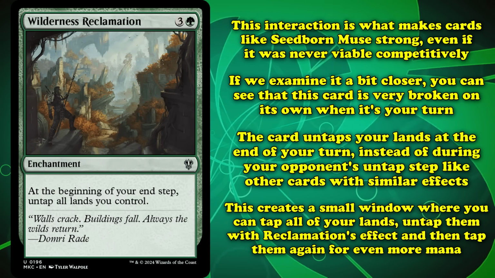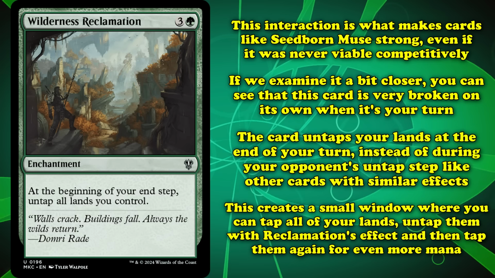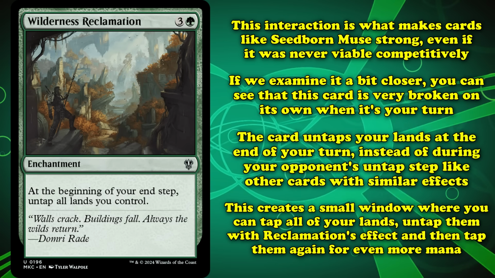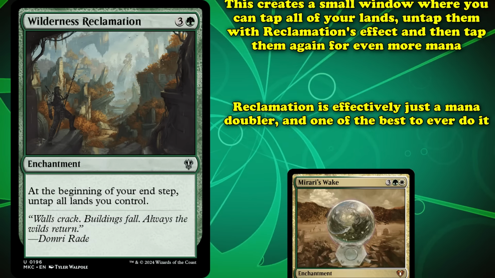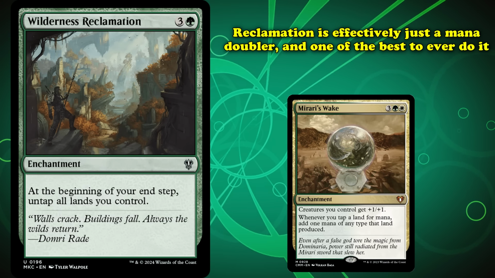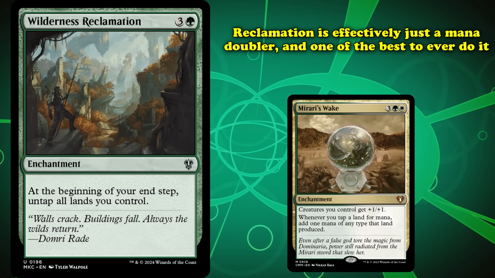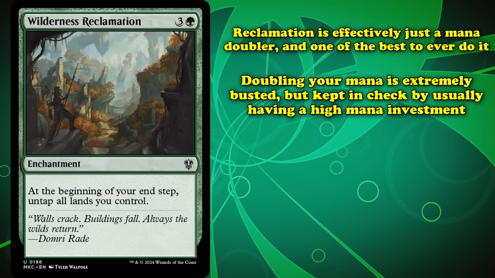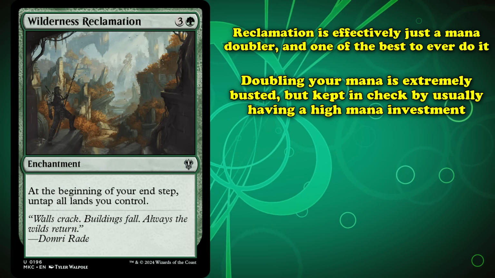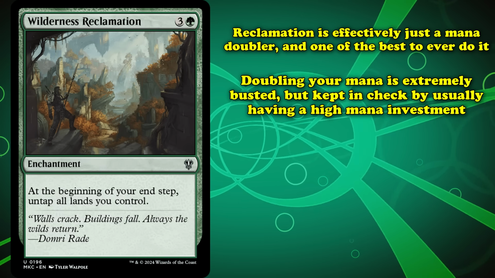This gives you a brief window of time where you can tap your lands for mana, float the mana, let Reclamation untap your lands, then tap them again. Reclamation isn't a Seedborn Muse effect, it's a mana doubler, and one of the best we've seen in a long time. Doubling your mana is incredibly broken, but it's usually kept in check by requiring you to pay 5 or